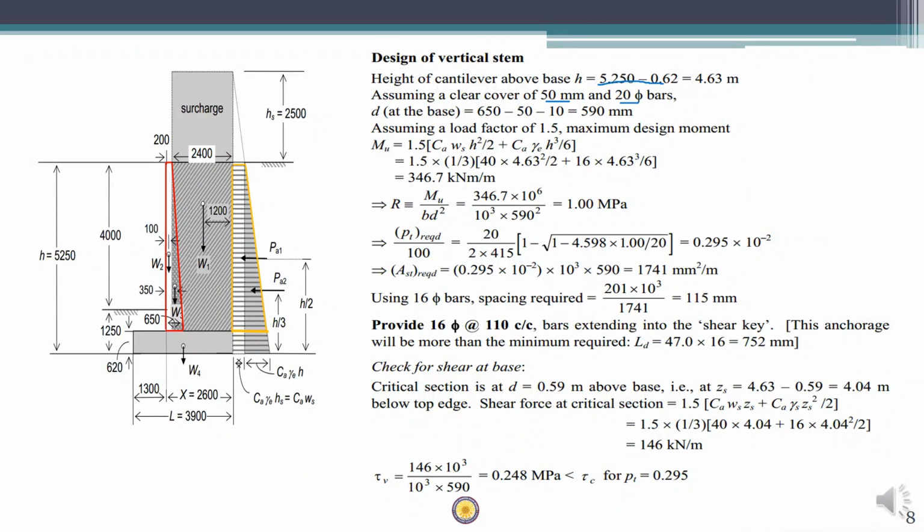Total depth 650 minus 50 clear cover minus D by 2, diameter of the bar by 2 is 20 by 2, so we get effective depth as 590. Here also the load factor used for both the moments and shear is going to be 1.5, which is according to LSM. Okay, now